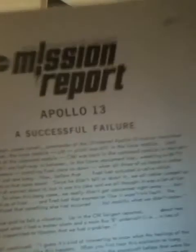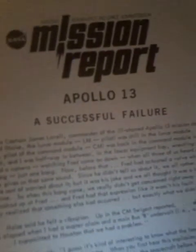This is the mission report. Apollo 13, the successful failure. As Captain James Lovell, commander of the ill-starred Apollo 13 mission, described it,